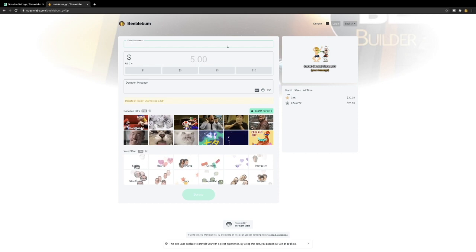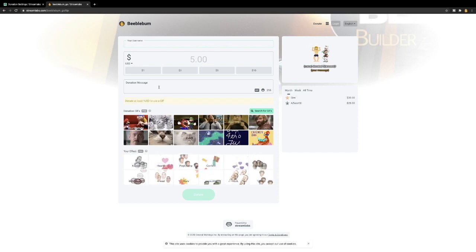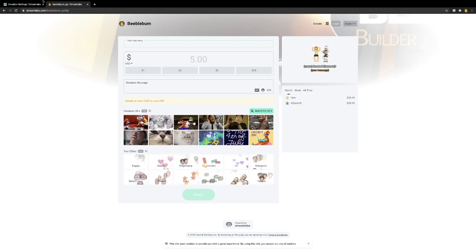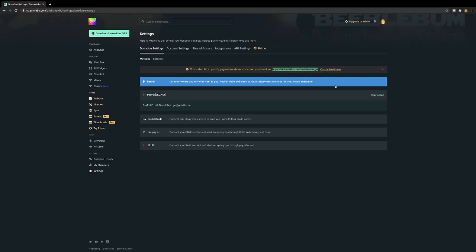There, followers can type their username, add an amount, type in a donation message, and as soon as they click donate, the donation will be sent to your PayPal and a notification will be sent to your Streamlabs. Once you have set up your Streamlabs bot, this notification will also be transferred to your live chat. There are a few more options in receiving donations, but I have not been trying these out,